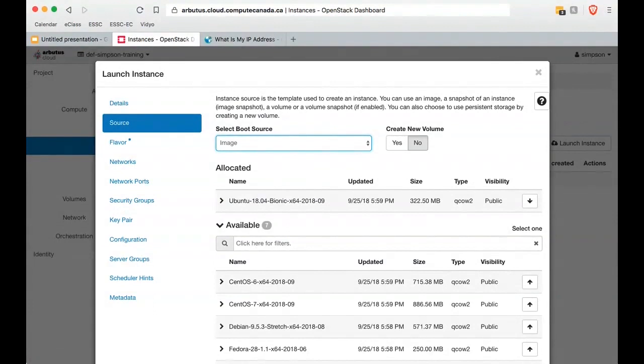So if I already had a virtual machine running, I can take a snapshot of it. It's kind of a frozen picture in time of it. I can then take that picture and create a brand new virtual machine from it. I can also boot from a volume that's already existing, or again from a volume snapshot, a picture that's been taken.